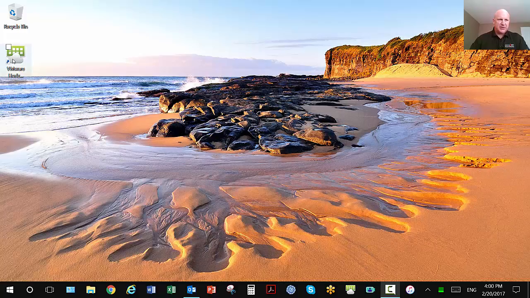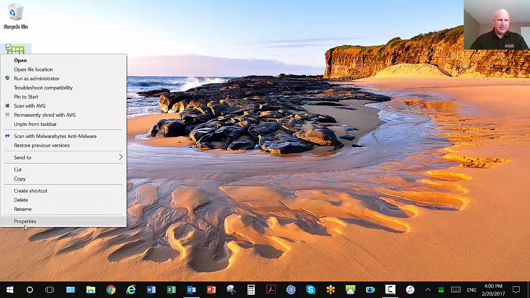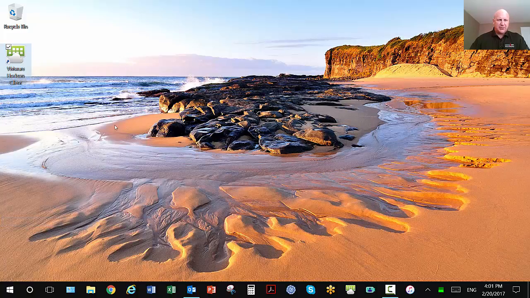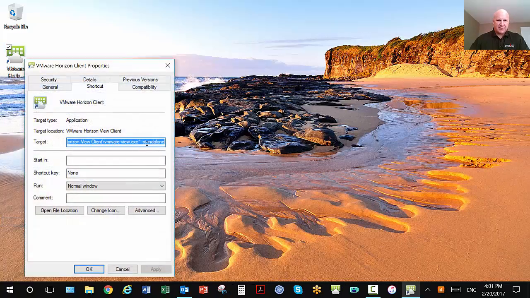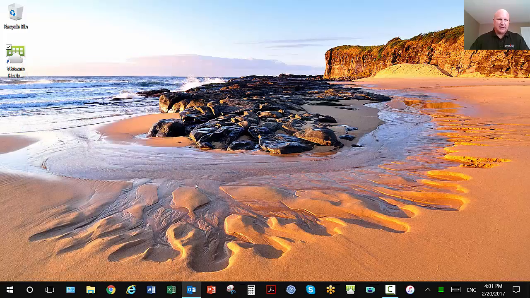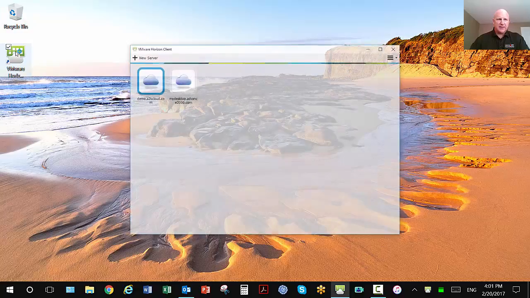So I'm actually going to use the VMware View Horizon client. I just want to show you a little trick here. This standalone option in the target will let you launch multiple VDIs, virtual desktops, if you'd like. You can have one as an architect, one as an engineer, one as something else. But today I'm going to launch just one. So when I launch this